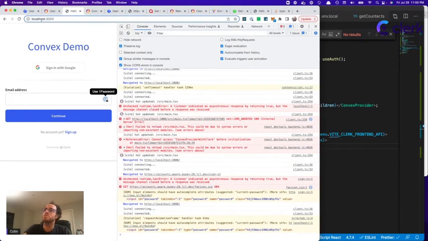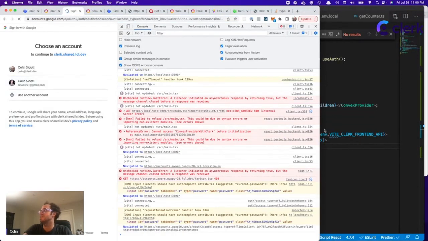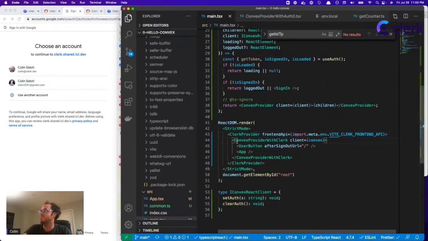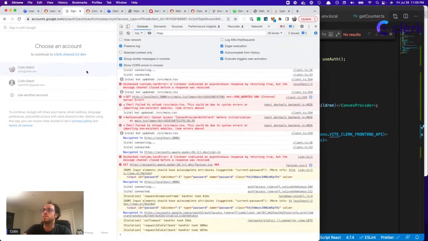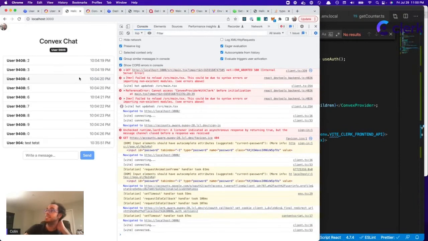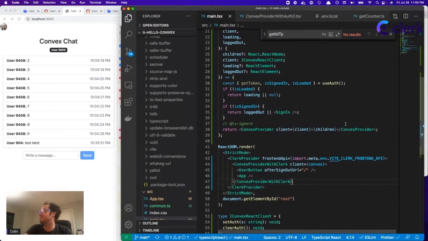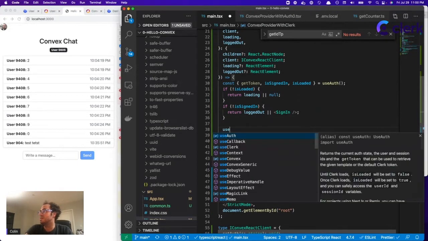Anyway, so now I'm on localhost. This is the Convex provider with Clerk. It's showing it. And we're off. Now we're signed in. Yeah, that all worked splendidly. That was really easy. Now, in theory, the only thing I need to do now is,